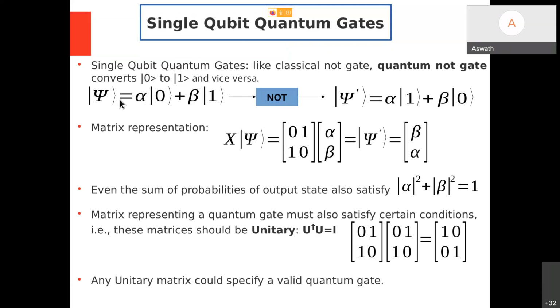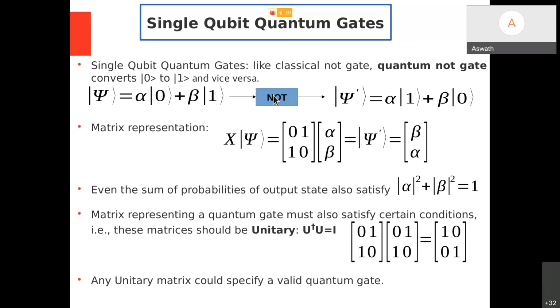Obviously, a quantum state means multiple states existing together. It's in the superposition form, right? So if I send a superposition into the NOT gate, 0 becomes 1, 1 becomes 0. What it means is it is interchanging the probability amplitudes. Very simple. If I have an atom with 60% probability on excited and 40% on the ground, and I send that atom through a quantum gate, I will get a resulting atom with the probabilities interchanged.